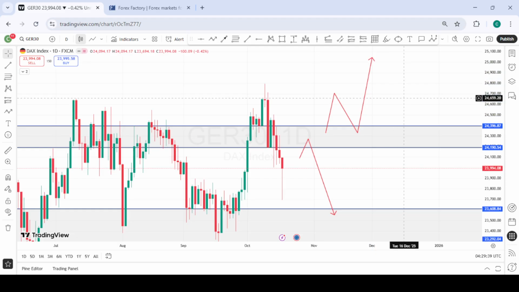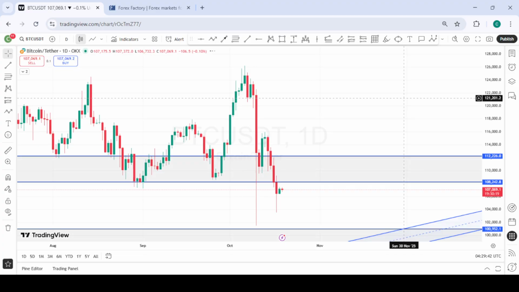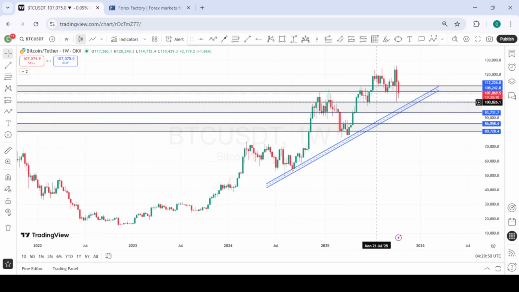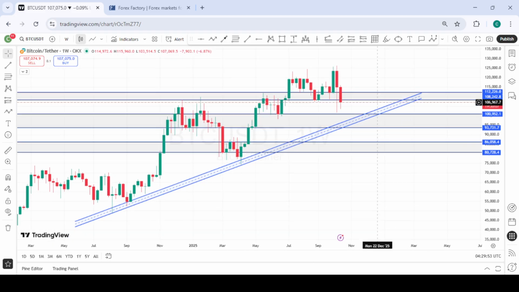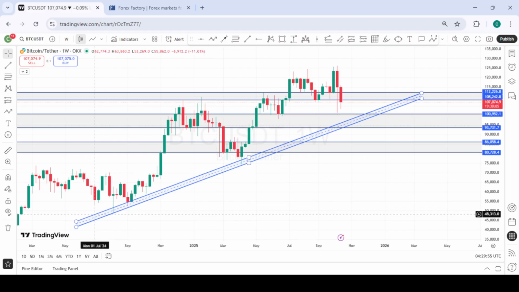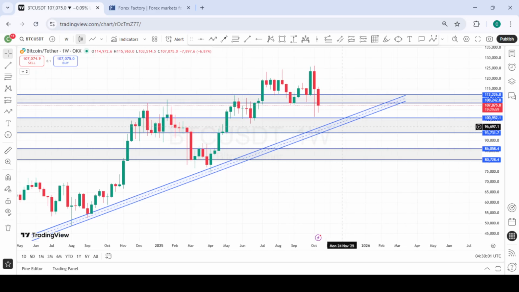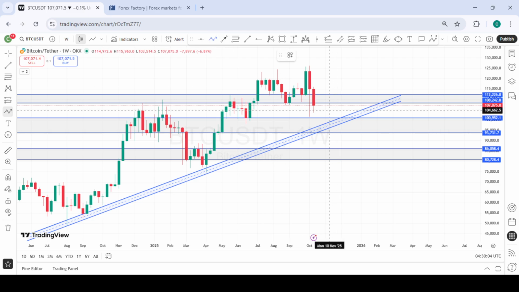So the bonus I have for you this week is Bitcoin, and for Bitcoin, let's go to a higher time frame. For Bitcoin we have this dynamic support that is flowing through this area. For the coming weeks, we'll be looking forward to a possible pullback into this support, which coincides with the area of interest. Should price pull back within this zone, around $100,000 and $93,000,